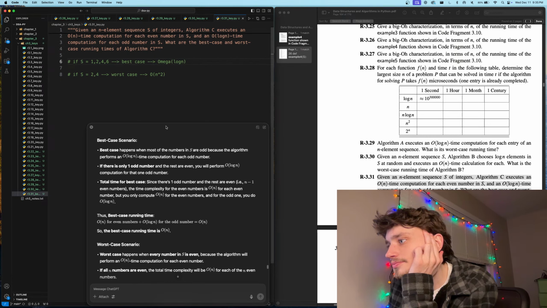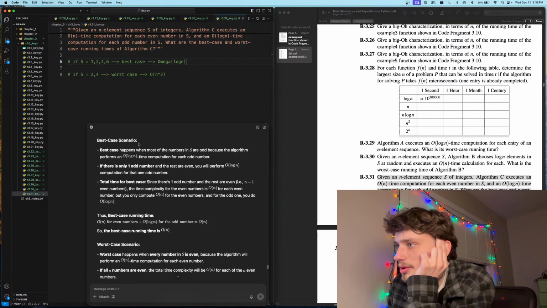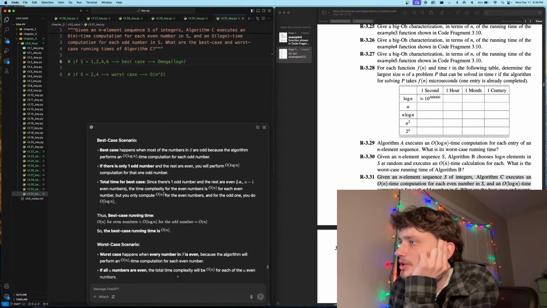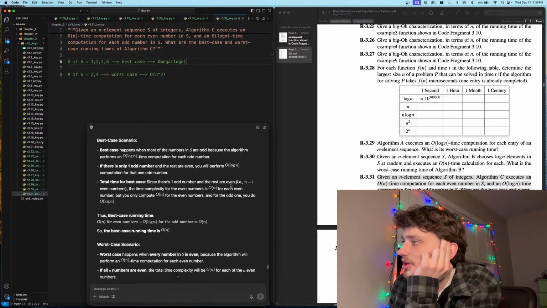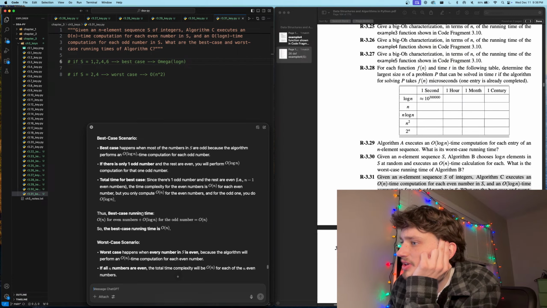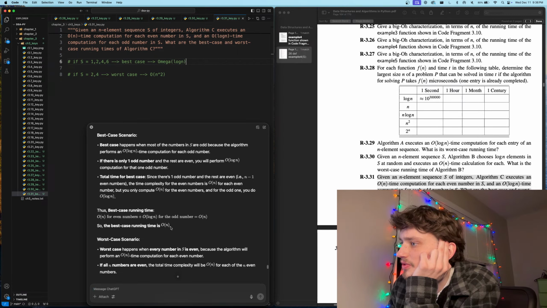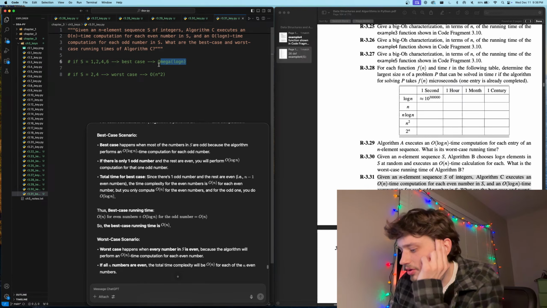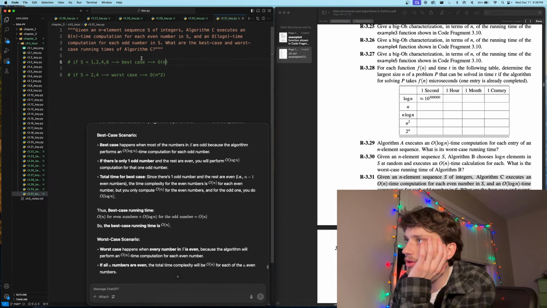All right, hold on. Since there's one odd number and the rest are even, the time complexity for even numbers is O of n for each even number. But you only compute O of n for the even numbers, and the odd one you do O of log n. Thus, the best running time is O of n for even numbers and O of log n for odd numbers, which equals O of n. So the best case running time is O of n. Okay, so the best case is big O of n because